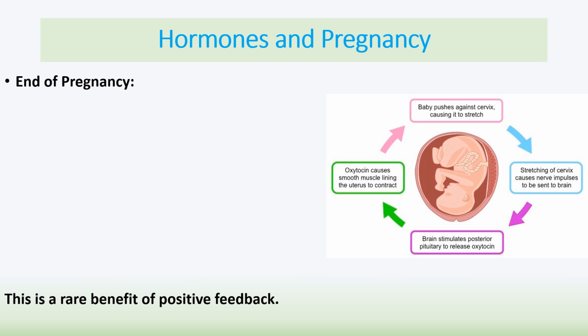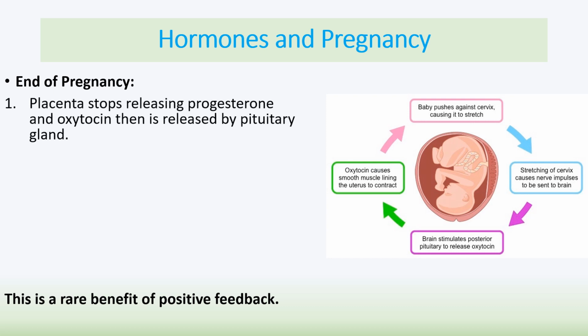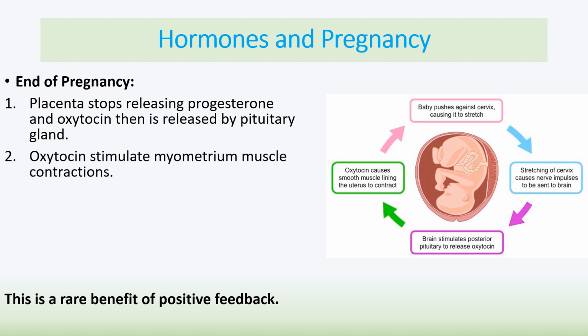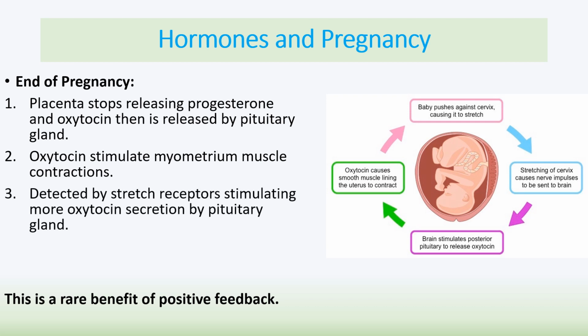That means then obviously something must happen at the end of pregnancy, which prevents all this. So at the end of pregnancy, the placenta stops releasing progesterone, and then, as we said a moment ago, that means the hormone oxytocin can then be released by the pituitary gland. Oxytocin stimulates the myometrium muscle contractions in the uterus, and that then is what we would start to call contractions, and these are then detected by stretch receptors, which stimulate more oxytocin production from the pituitary gland, which means more